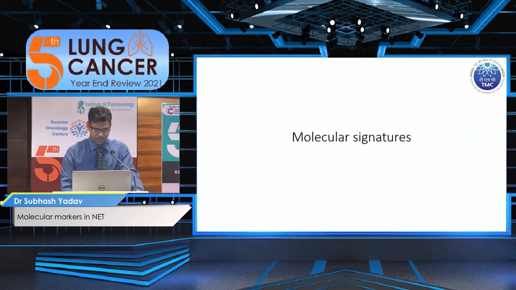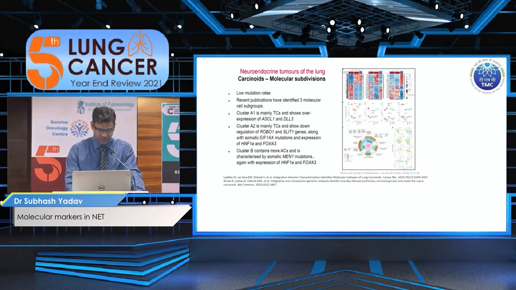So this was all about how we practice now with neuroendocrine tumors, using immunohistochemical markers, giving importance to mitosis and MIB. Now in the last decade there have been a lot of discoveries as per the molecular signatures. I'll divide it into lung and gastropancreatic because they differ in their molecular signals. So when we see